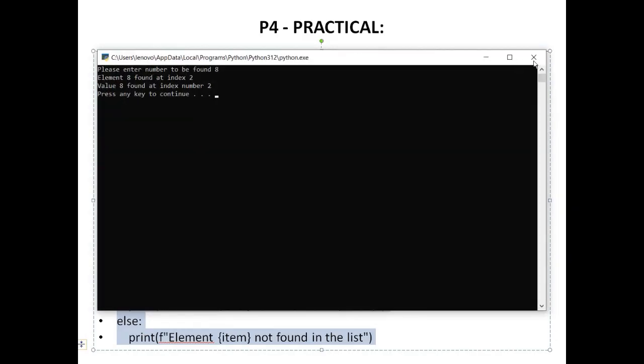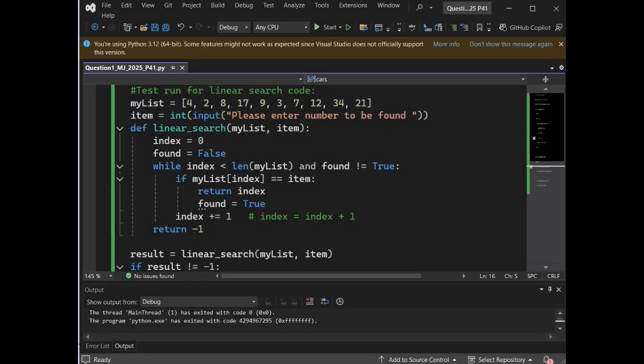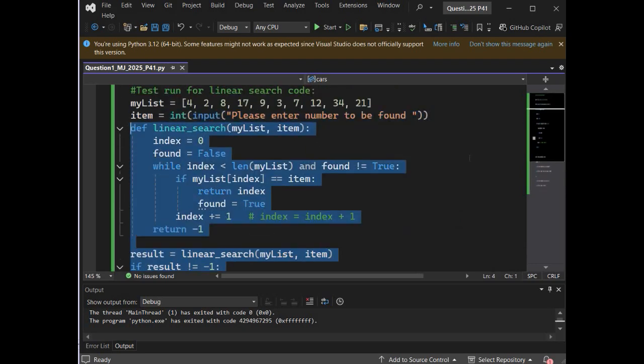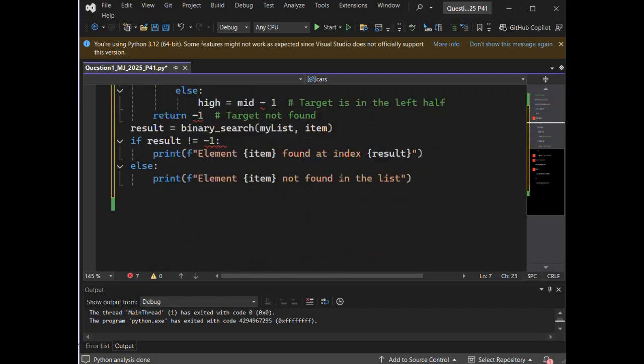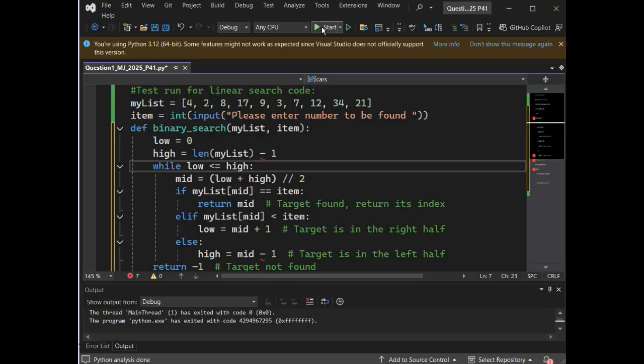So I'm going to be using the same array. I'm just going to change this thing. Okay, now I've replaced linear search with binary search. Again, you can name it anything. Always remember, if you have to use an array in a function, you will always supply it as a parameter to that function. It's kind of a general rule of thumb, remember that.